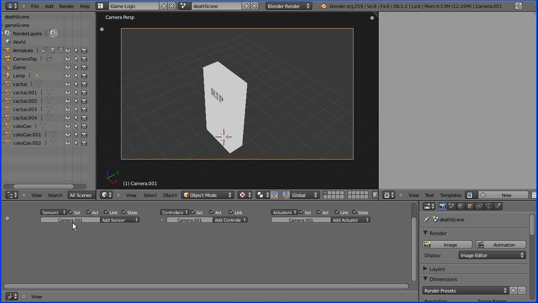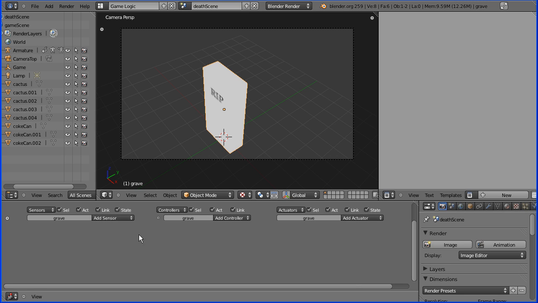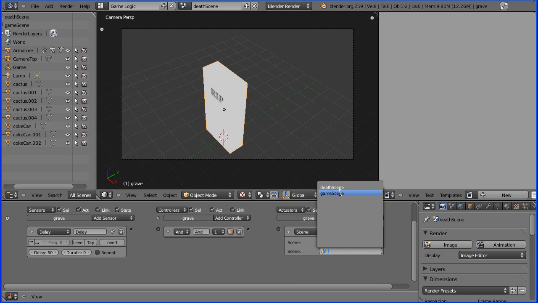I'm going to add logic bricks. I could add them to the camera, but I think I'll add them to the gravestone. I'm going to add logic bricks that will delay the return to the game scene by a second. If I put the delay at 60, there's 60 frames per second. That should be a delay of a second. I'm adding a scene actuator that will set the scene to be the game scene. And if I just connect that up,